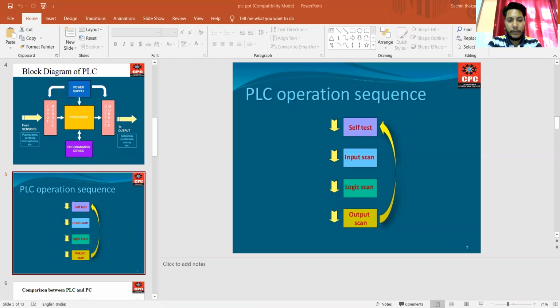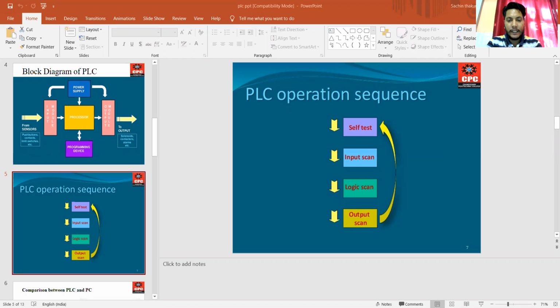If there are no problems, the PLC will copy all the inputs and copy their values into memory.